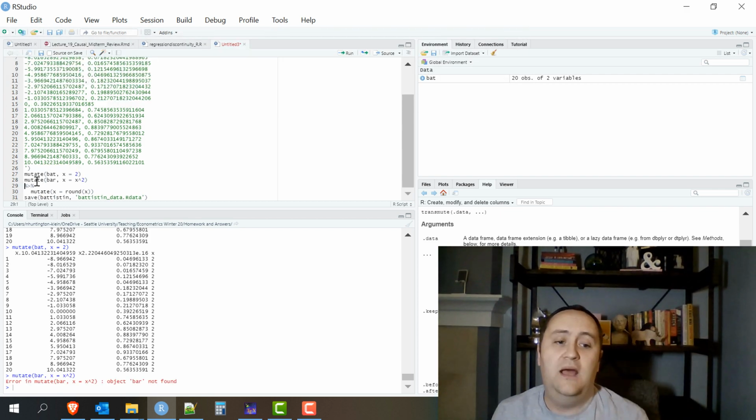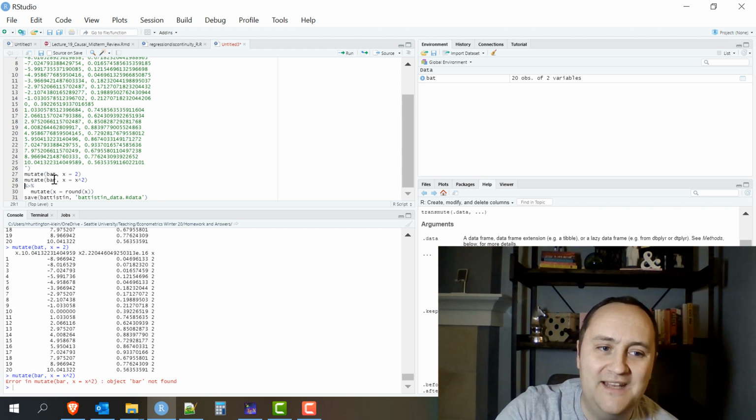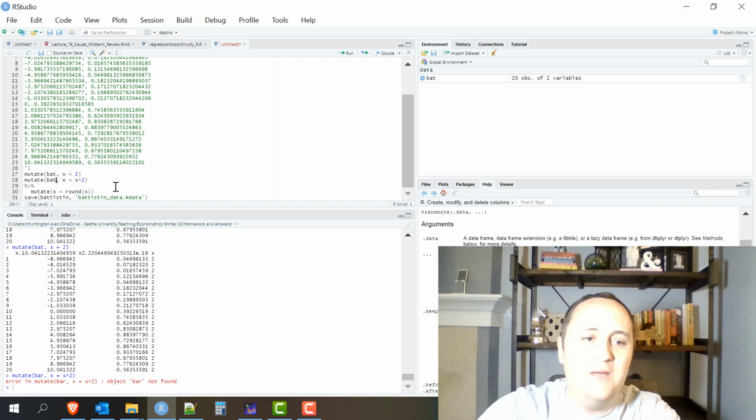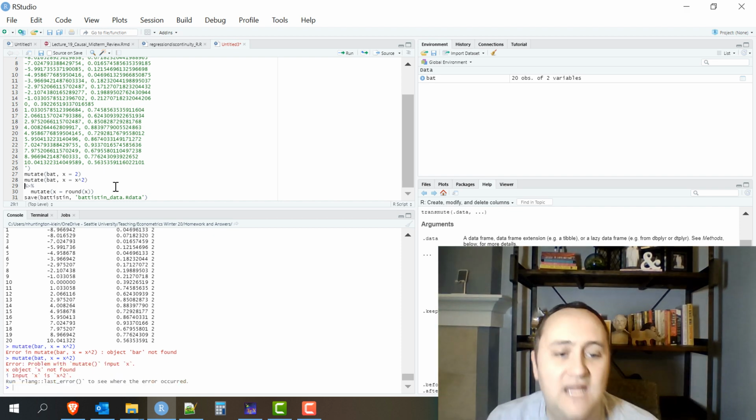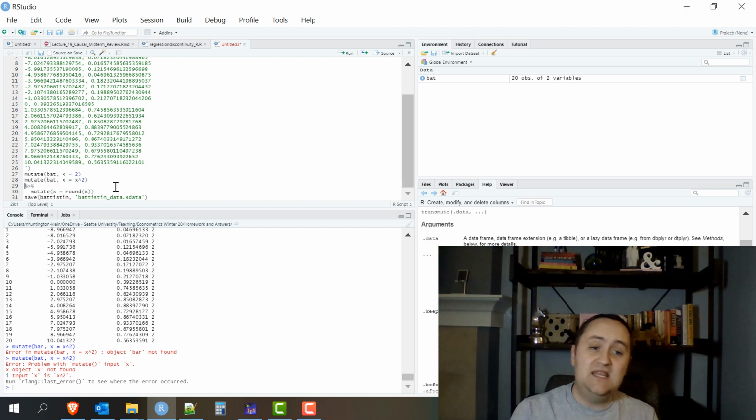So now we get a different, this time it says object bar not found. That time is a problem because I had a syntax error, right? A typo. Typos are often the problem. Now we get the same error again. So we have located where the error is. It is in that part there